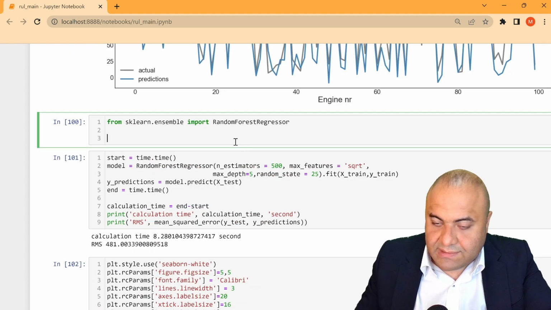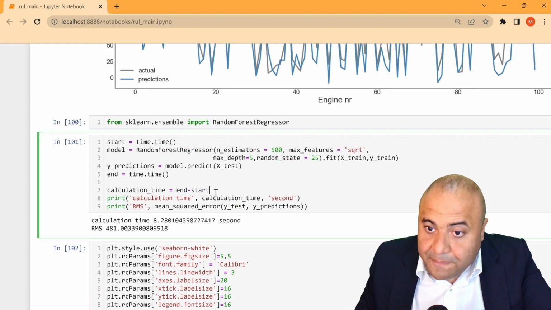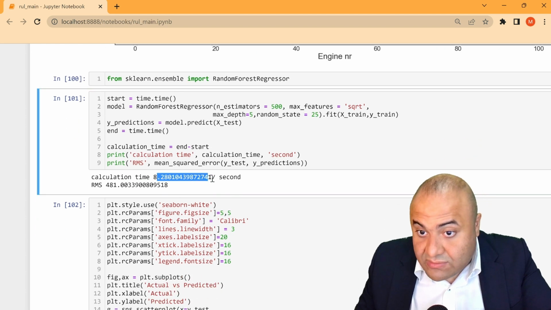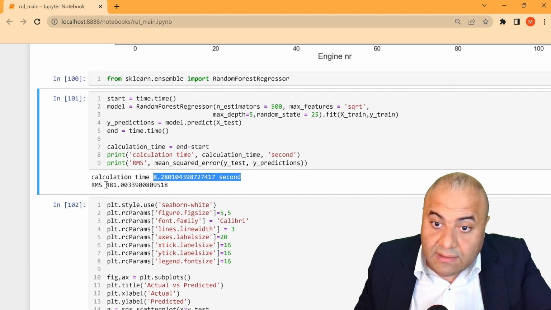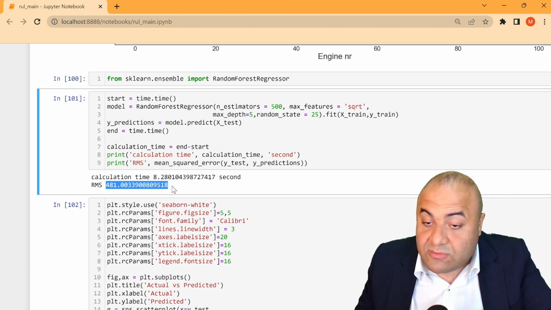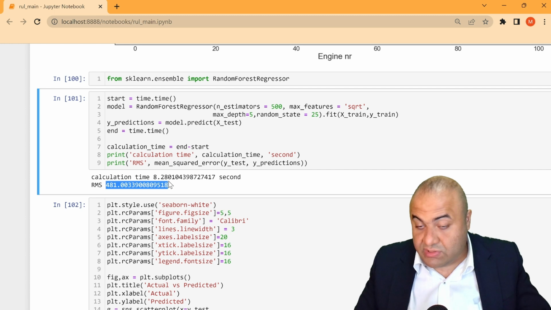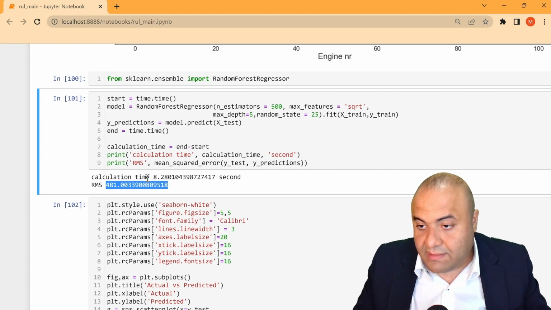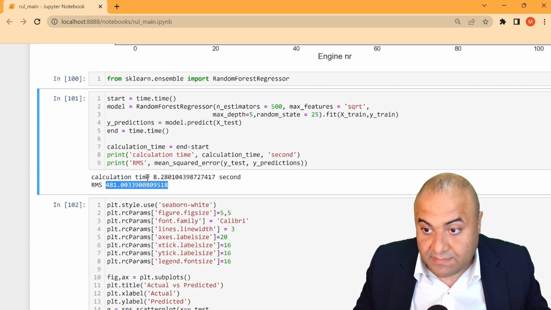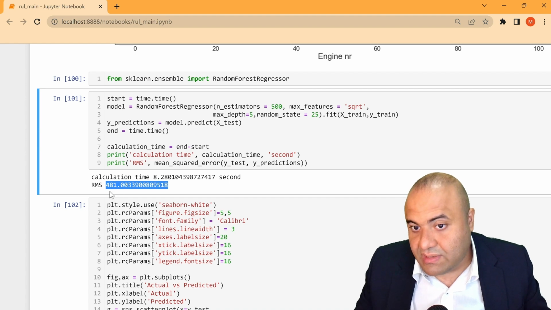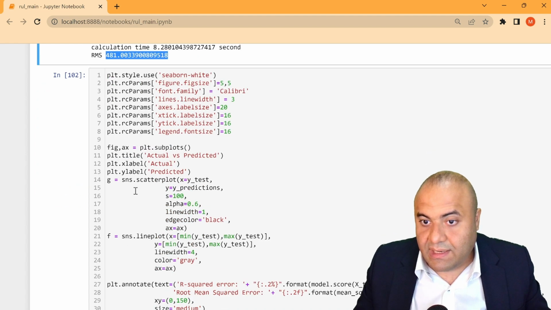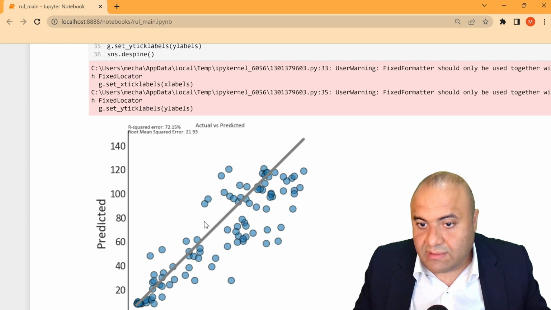So here we can see the calculation is quite reasonable, 8 seconds. The root mean square error reduced significantly. I think the lowest we got from the nearest neighbor is 580, so now 481,